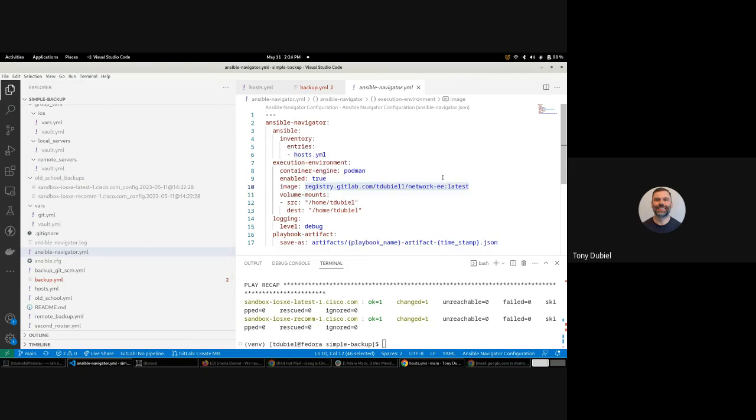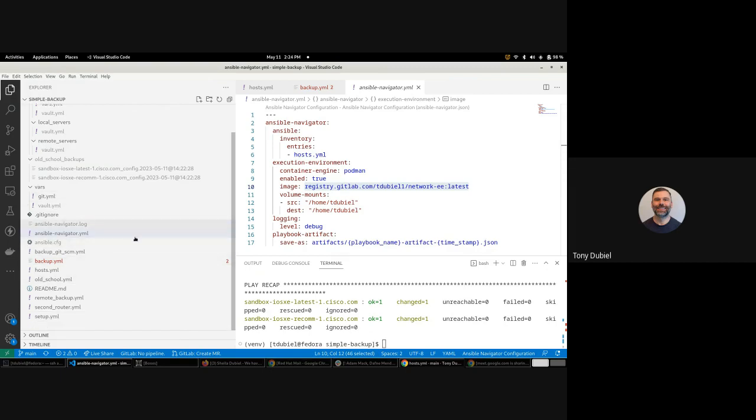We can access that container using the exec command. And I talked about that on the last session. So if you go back and look at that recording, it'll give you a good idea of how you use exec if you want to see what's going on inside these execution environments. But just keep in mind, that's where it's executing the playbook. So if we run that and we create a backup, then we're actually storing it inside that container. So that's problematic. So the second playbook that we have is the